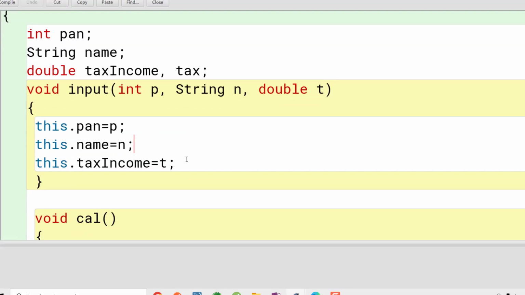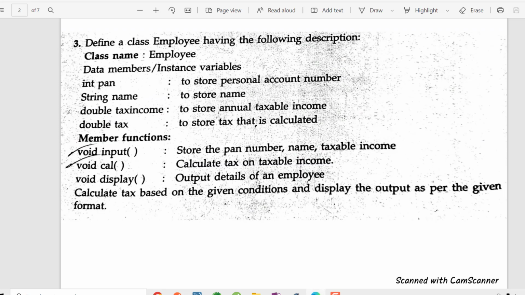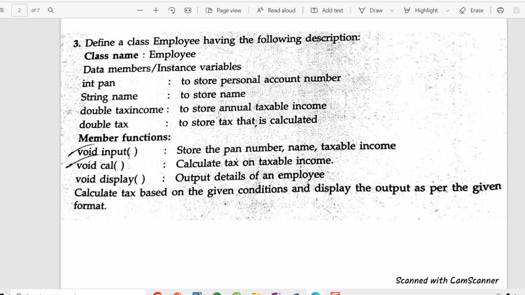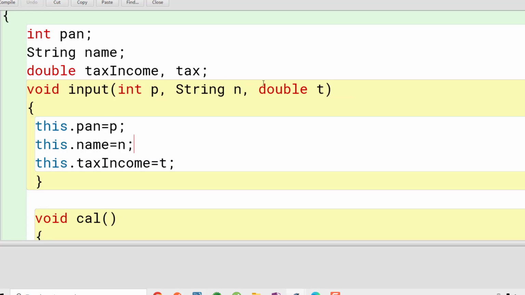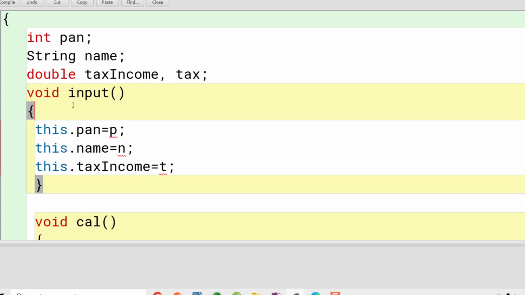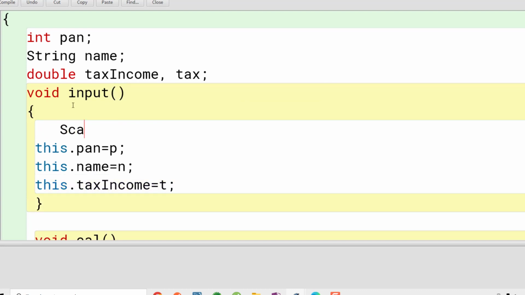After that we will define our methods. So the first method was the input method. Let me see if I have done it correctly. Yes, input method, return type is void, and it will take nothing, but it will accept data from the user. How will it accept? It will accept using the scanner class. I had written 3 values here as function arguments. I'll correct it. I'll remove it, and I'll quickly write Scanner in equals